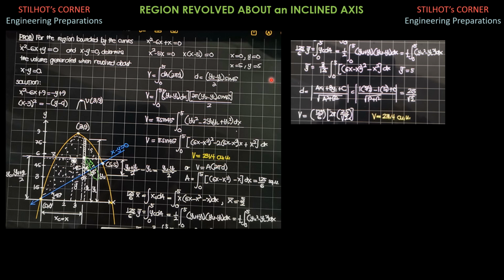I hope that when you encounter the same problem, or problems asking for the volume generated by a region to be revolved about an inclined axis, you can solve the problem again. So for those of my students, if you can recall the problem given, then you have to sketch it. It lies somewhere here, and the line would be x plus y equals 0, would be like this. Then I hope that you can find the answer.